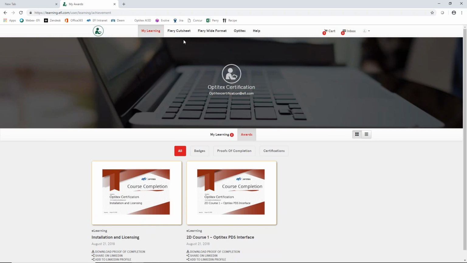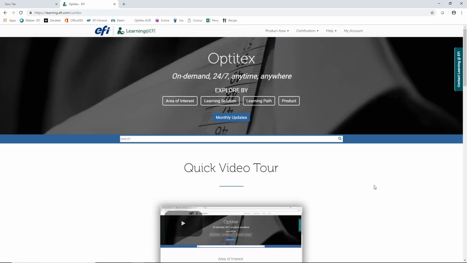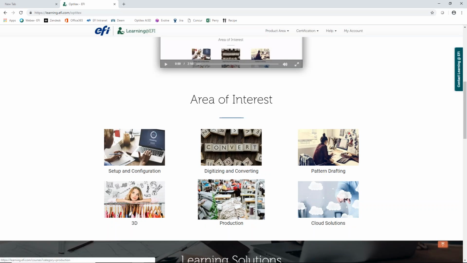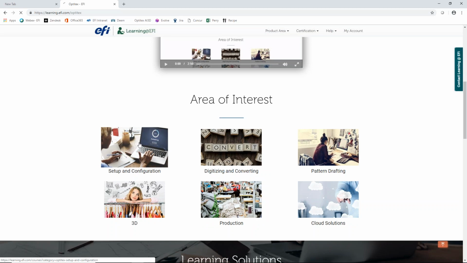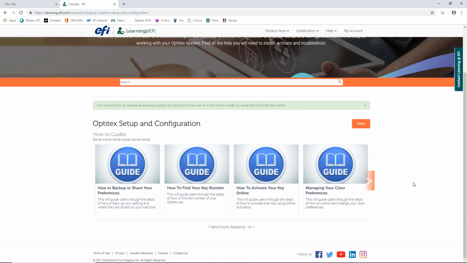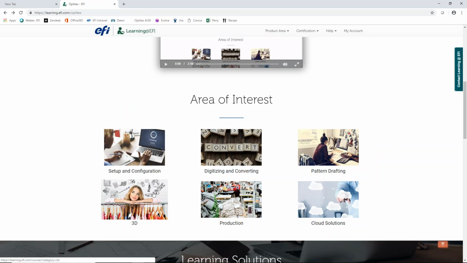So let's just go back to the main site for one last thing in here. So I just want to review, because we didn't go into any of these other sections. So here in the areas of interest, if I click on setup and configuration, what you'll see is a mixture of content. So in this one, we have only how-to guides. But if I go back actually to another section like